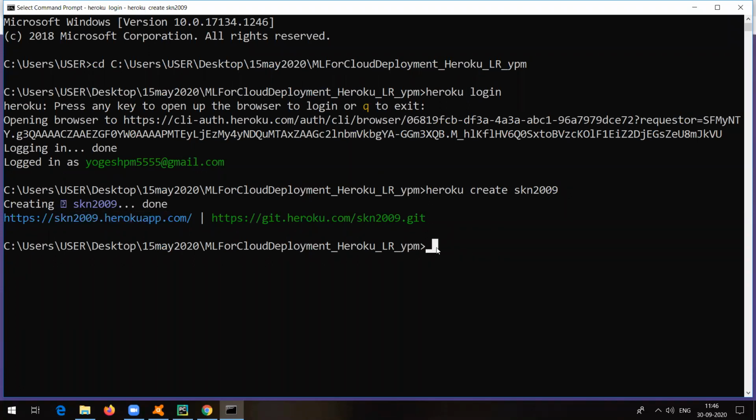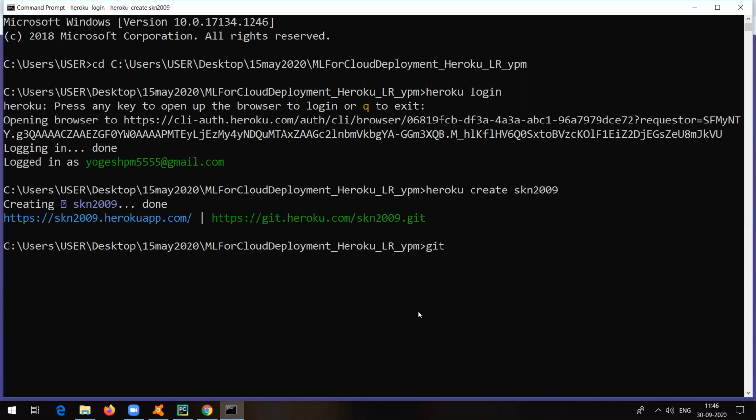That is the second step. Now the third step: Heroku actually makes use of something called Git. You might be aware of Git repository. Git is like a repository. So Heroku Cloud actually makes use of a Git repository to store all the project files. In real time also this is what happens. It makes use of some pipeline. From your local machine, all the files are moved to the Heroku Git repository, and from there they will be pushed to the cloud. That's what I am trying to do here.